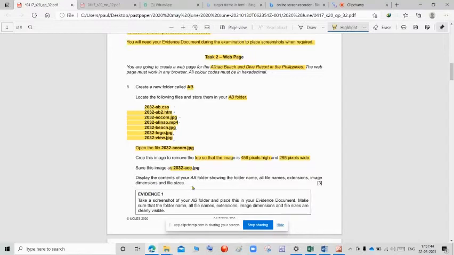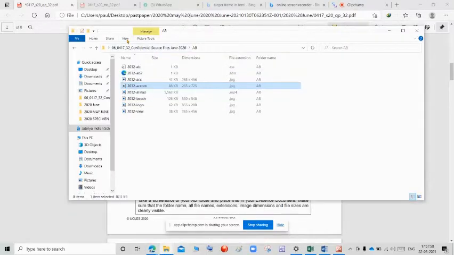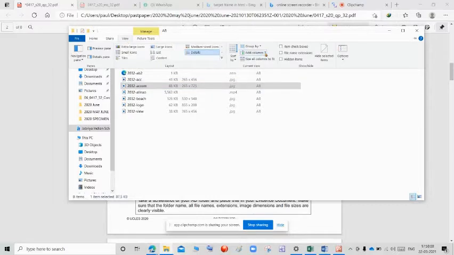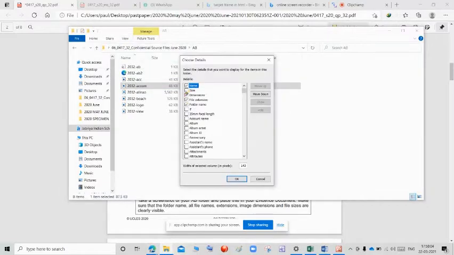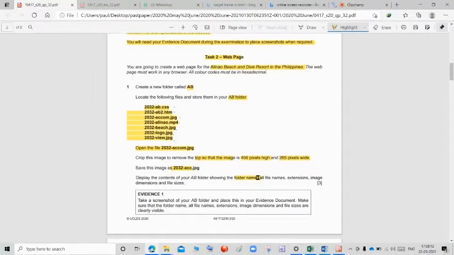Then display the content of the AB folder showing the folder name, all file names, extension, image dimension and file size. So we want to show the content of our AB folder. Go to your AB folder and click View, click the Add columns arrow, go for Choose columns. First remove all of them and check the question paper. First they are asking for the folder name.